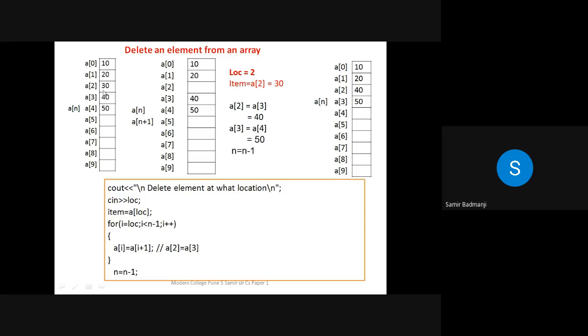Now see these numbers are there. Again the same elements are there, 10 to 50. Now suppose we want to delete, see here I have given location is equal to 2. So we want to delete the element at the second location. 0, 1, 2. So 30 we want to delete. So this space will be empty. In inserting, we shifted below. Here we have to shift up 40 after. Even if you don't delete this, if you just move this to the above position, the earlier element will be overwritten.